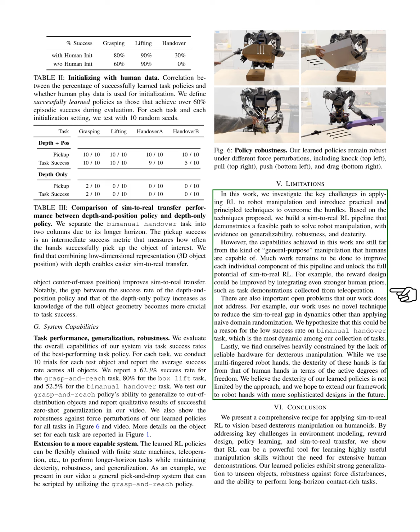We do not employ any innovative methods to bridge the sim to real gap in dynamics, relying instead on basic domain randomization. We suspect this may contribute to the low success rate in the bimanual handover task, which is the most dynamic task we tested. Finally, we face limitations due to the lack of reliable hardware for dexterous manipulation. Although we use multi-fingered robot hands, their dexterity is not comparable to that of human hands in terms of active movement capabilities. We believe that the limitations of our learned policies are not due to our approach, and we aim to expand our framework to include more advanced robot hand designs in the future.